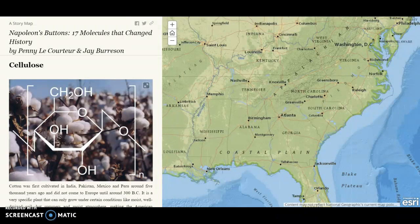Because cotton can only grow under very specific conditions, such as moist, well-drained soil, hot and long summers, and a moist atmosphere to help the cotton fibers stick together, which was easier when manufacturing the cotton, and it meant fewer threads would be breaking during the spinning and weaving process. This chapter talks a lot about the structure of the polysaccharides and the glucose units that make up these cellulose